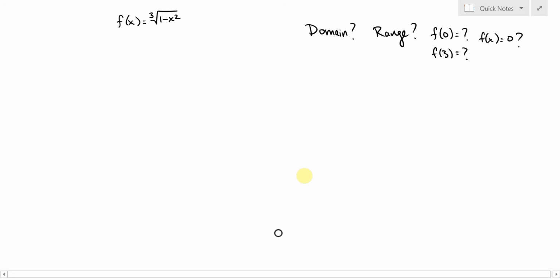Okay, we're asked to find the domain, the range of this function here, and a few of its values. So let's start with the domain. When it comes to these domain problems, you want to look out for three things, usually. Division by zero, square root of a negative number,